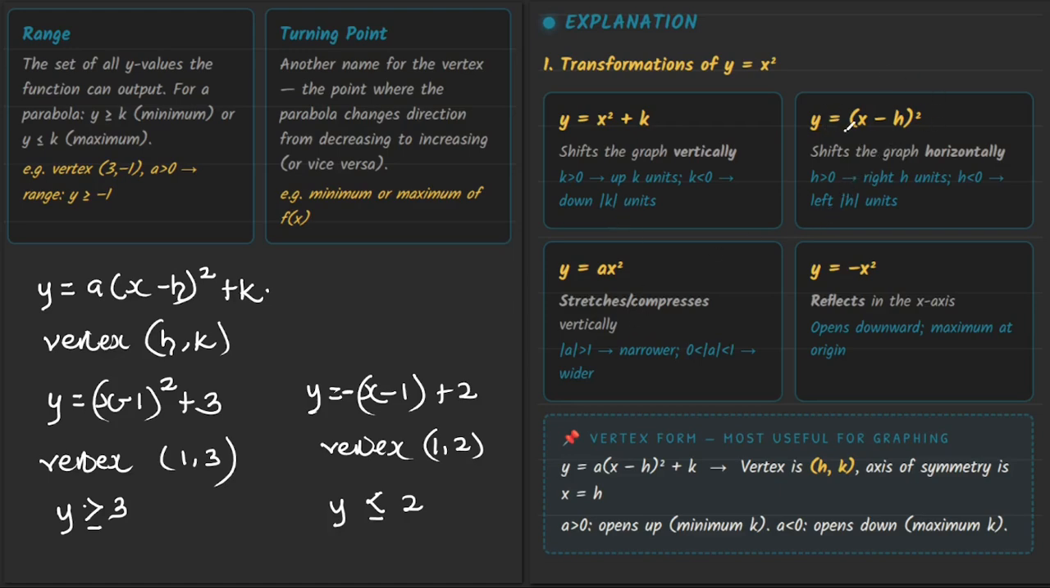Also, if you have y equals x minus h all squared, and then you are changing the values of h, then if h is greater than 0, you are going to shift to the right. And if h is less than 0, you'll be shifting to the left. And then we have y equals ax squared. That is the parent function being multiplied by a. Now, depending on the value of a,